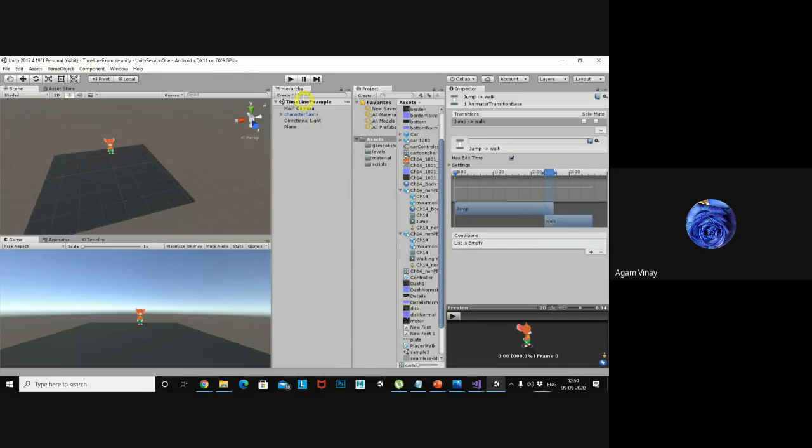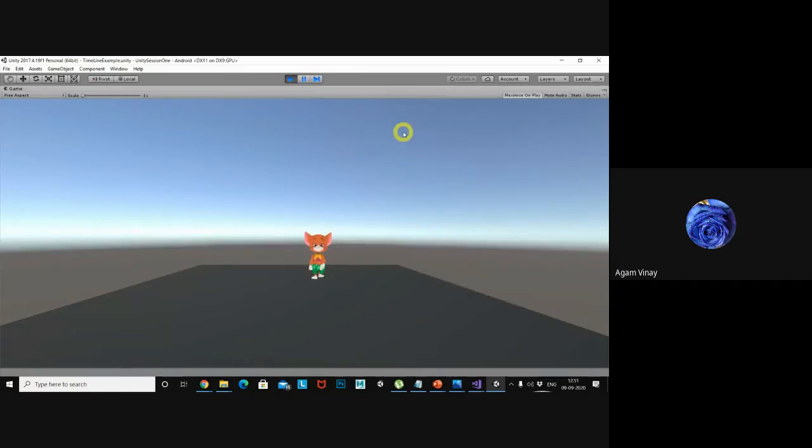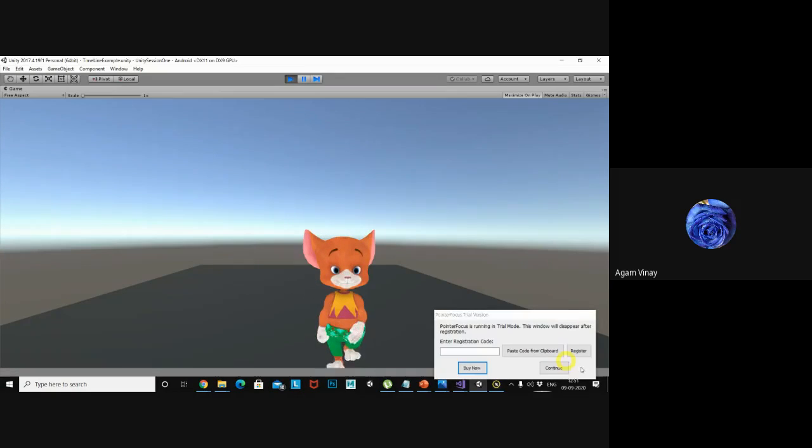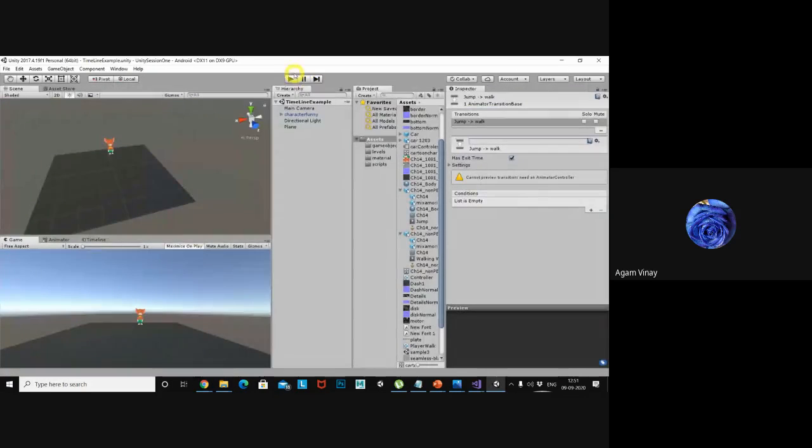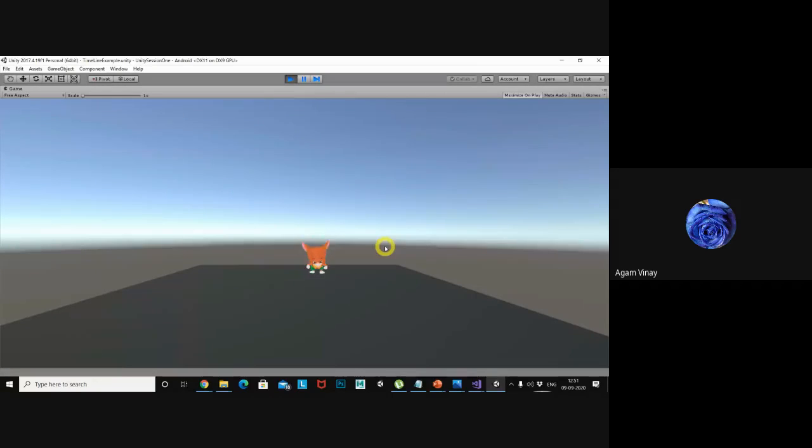So the character is running, and now I am going to press space. Now it's jumping. I press space, now it's walking again.